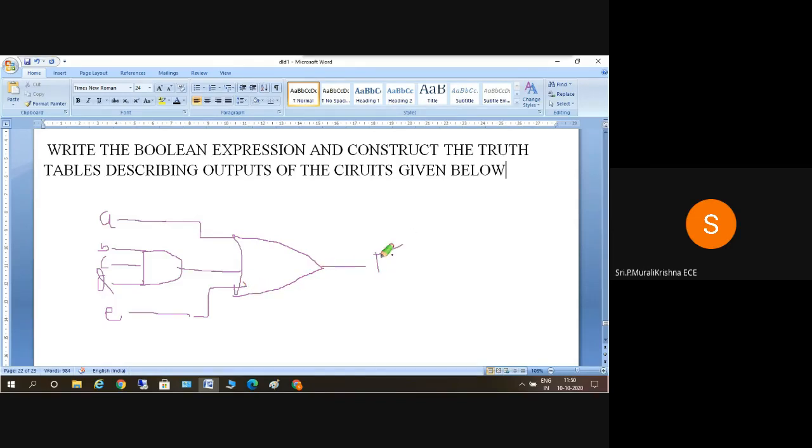Okay, so tell me the value of f. What is the value of f? So f is equal to